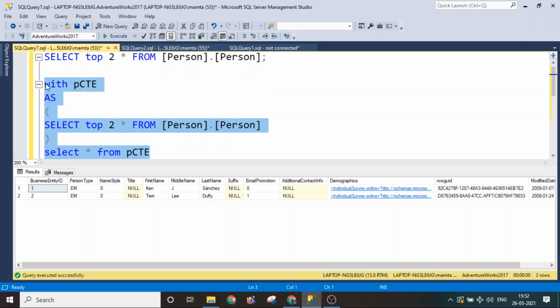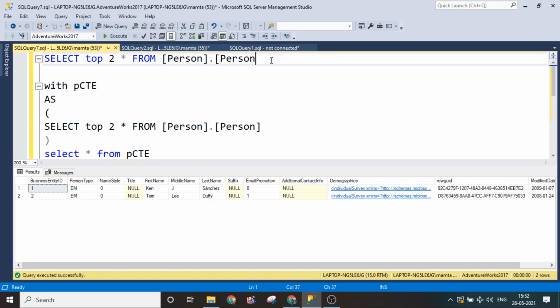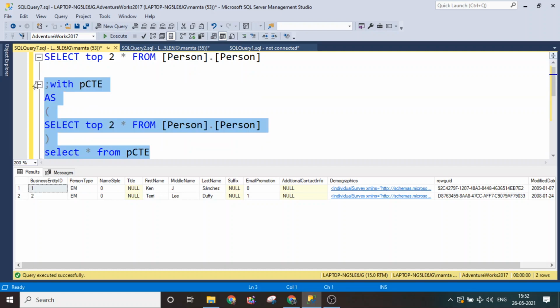So this is just a command for the SQL Server database engine to understand this is the scope. You have to start from this location. The definition of CTE starts from here. In earlier sessions, we used to write like this. So this is a best practice if you use the semicolon at the starting. So this is the syntax.